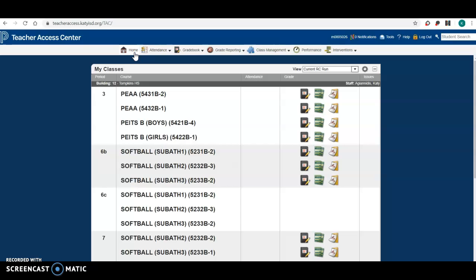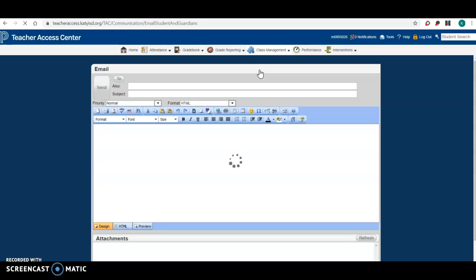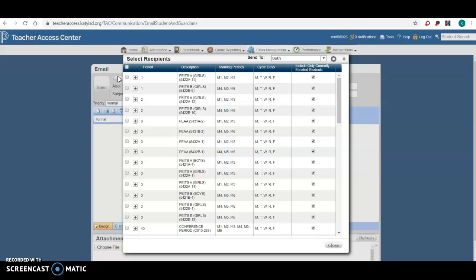Another neat feature that you can use through Teacher Access Center is up here at the top for class management. You can email all of the parents in a specific class if you'd like to. So I went to class management and then I went to email. You click the to button. And then you simply click on, if I want only first period, then I'm going to click here and here. And then I could send first period students and parents an email. Okay, so you just